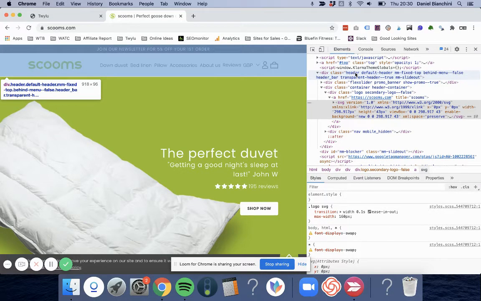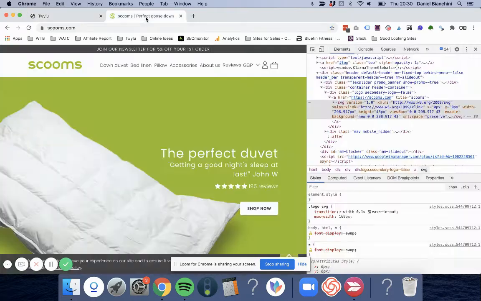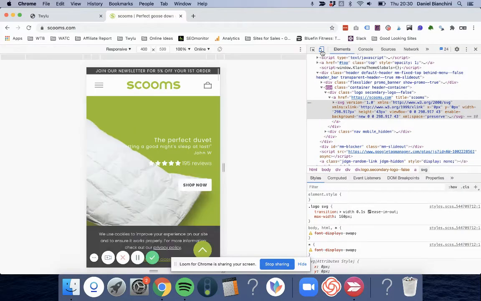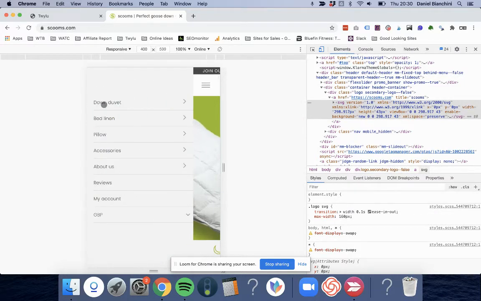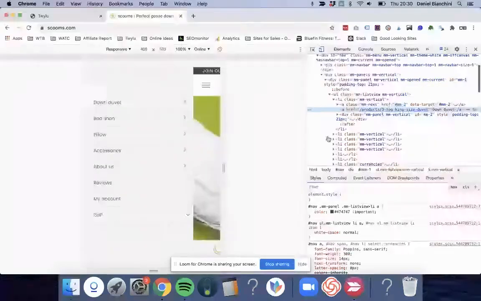So we're going to go with header, head back to Twylu, use the dot because it's a class, and then header. Now on some sites you're going to find that there's a mobile variation of this header navigation, so you need to find that separately. So using the console toggle device toolbar at the top, right click on Inspect, and then